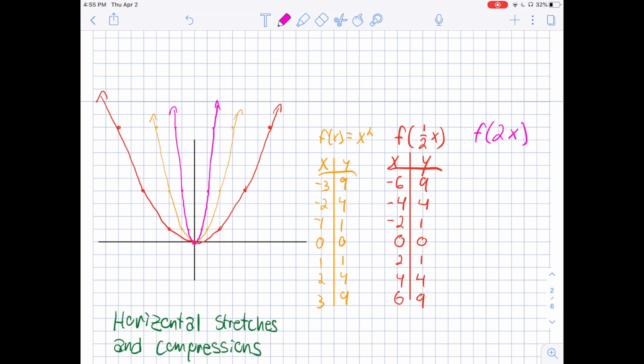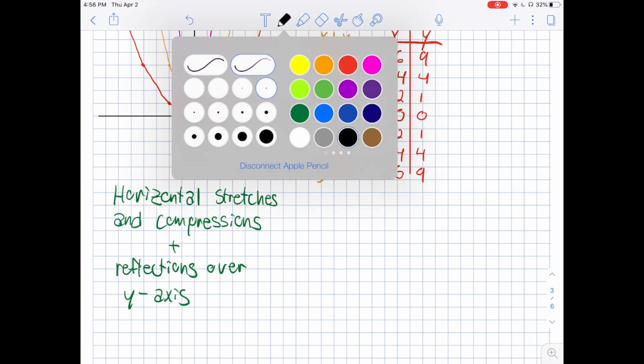because it's going to take the x values that we're plugging in for this function, 1, our x value that would be right here on our new function. If we multiply it by the 2x that we have here, then it thinks that we're plugging in 2 right here. But since it thinks that we're plugging in 2, it'll spit out that same y value. And if you do that for every single point, it'll shrink you in. And this is the same thing that we would use for reflections over